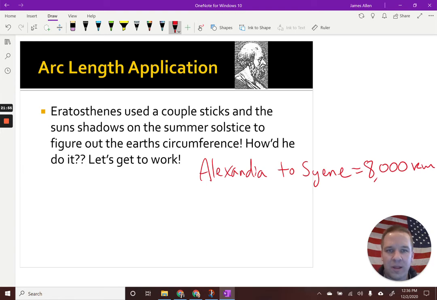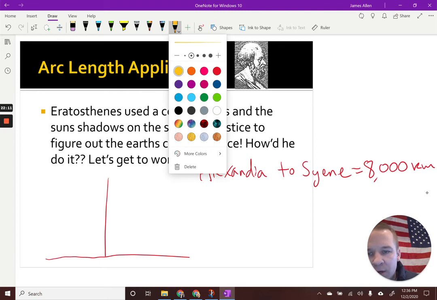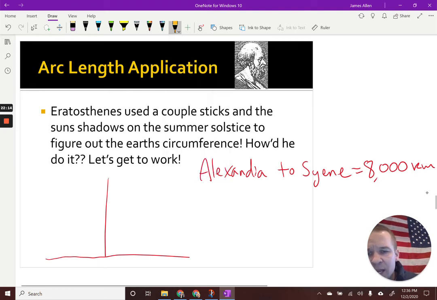So it's 8,000 kilometers. Now, the other thing that he did is he popped a stick in the ground, okay, and then measured the degree of the shadow. So when we're talking about the Earth, when you're in space, it's relatively flat because it's so big and round. But what he did is he measured that shadow, and I'll come in with some nice sun rays here. And here's the thing: the rays come in from the sun. They don't go out like this. They come in parallel because that distance from us to the sun is so far that those rays are coming in parallel. So the shadow created in Syene and Alexandria, if the Earth were flat, sorry if you're a flat earther, would be the same because the rays are coming in parallel,